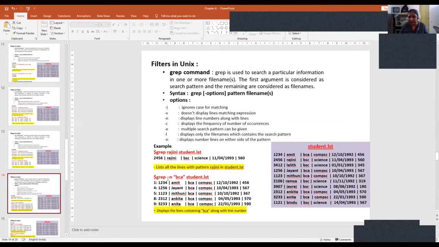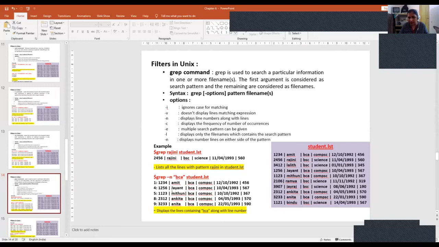Similarly, when I say grep minus n BCA student.lst, I am going to search for the pattern BCA. After finding the pattern, it is going to display it along with the line number. Amit has BCA, whose line number is 1, the first record. The second and third don't have it. The fourth has 1256, so it is the 4th record.